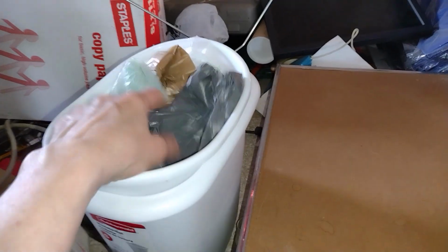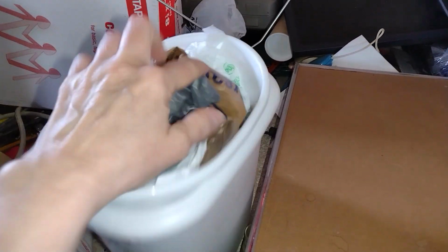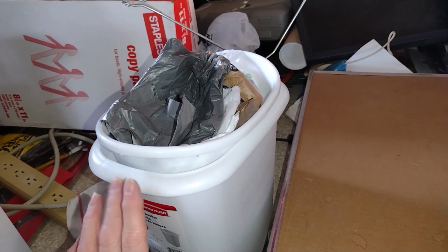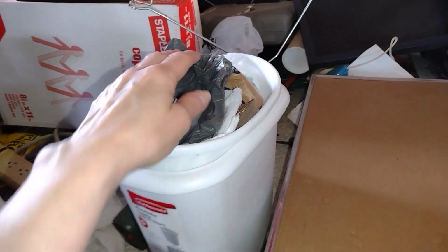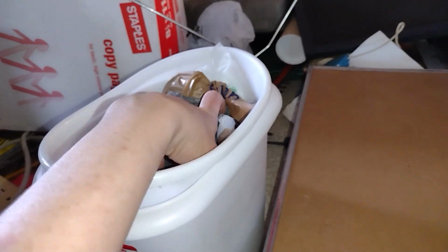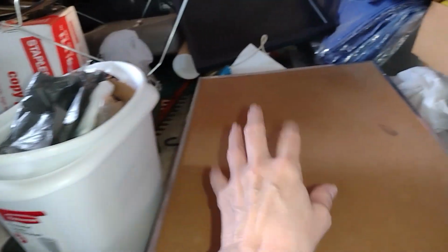And this one, there's a lot of bags in here. They're all folded up, nice and neat. So I think for my driveway giveaways, I'm going to toss the ones that are just kind of thrown into my box. And maybe I'll use these because these are folded up and compact. That makes sense to my brain. I don't know about you, but that works for me. So I'll leave that there, and I'll leave that there,